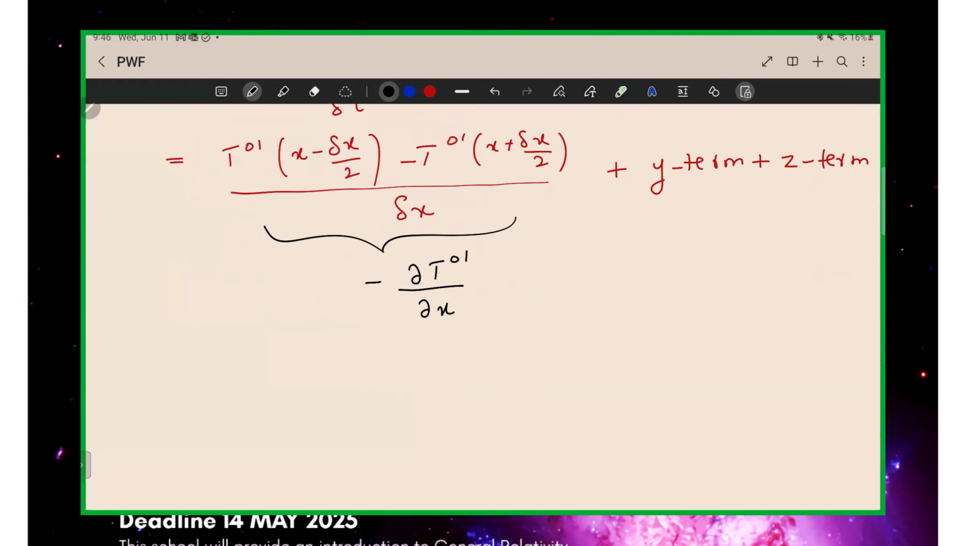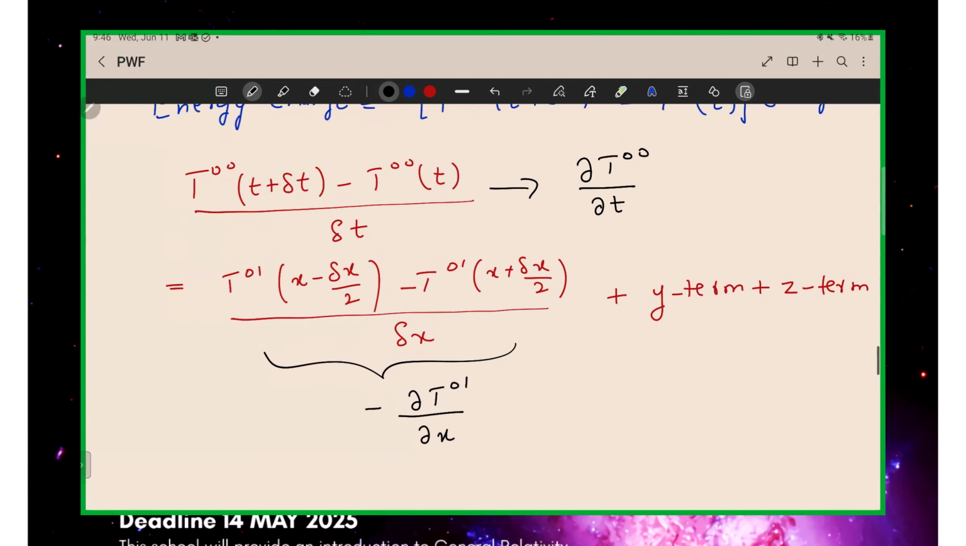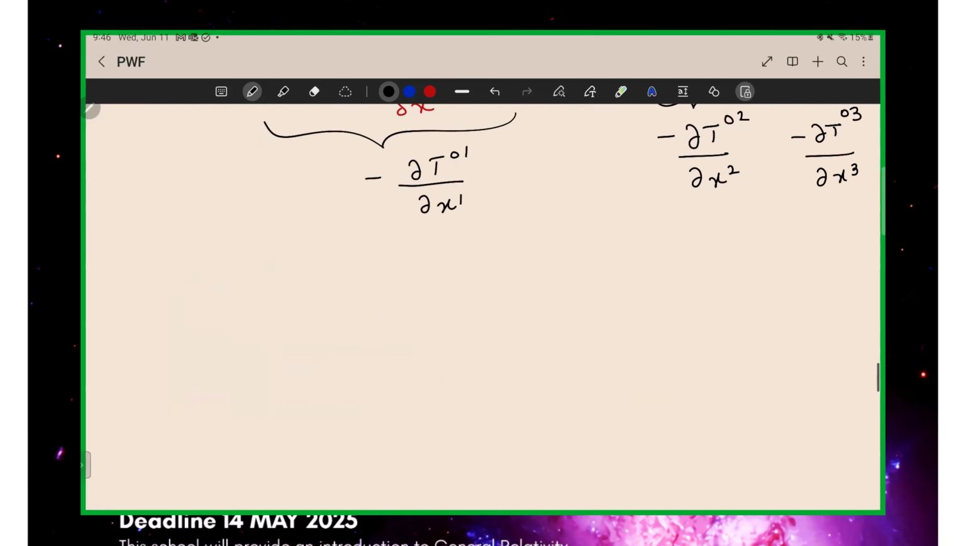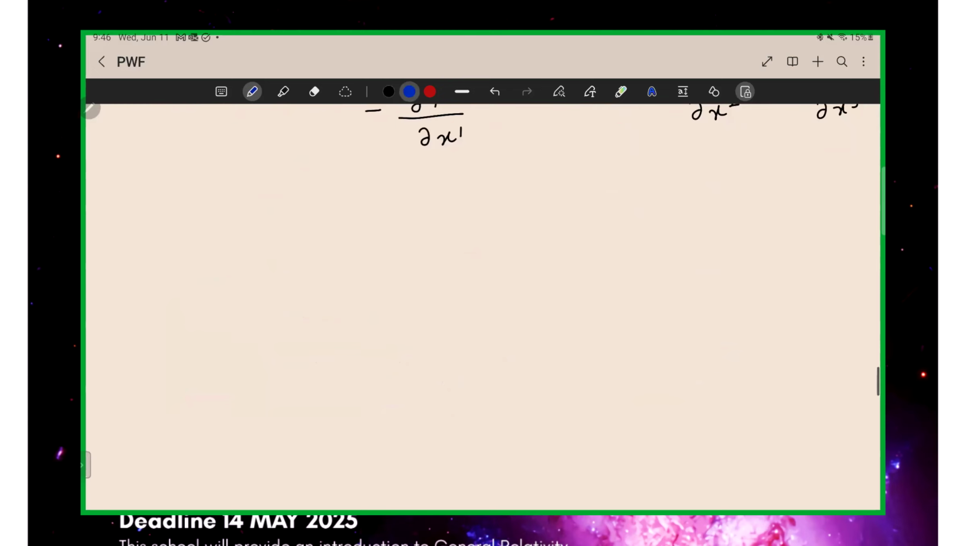Okay. So the y term will be similar. It will be minus partial of this thing divided by y, or in other words, x1. I can write this x0. I can write this x2. And this z term will become this thing. So the equation that you're getting is this. Minus